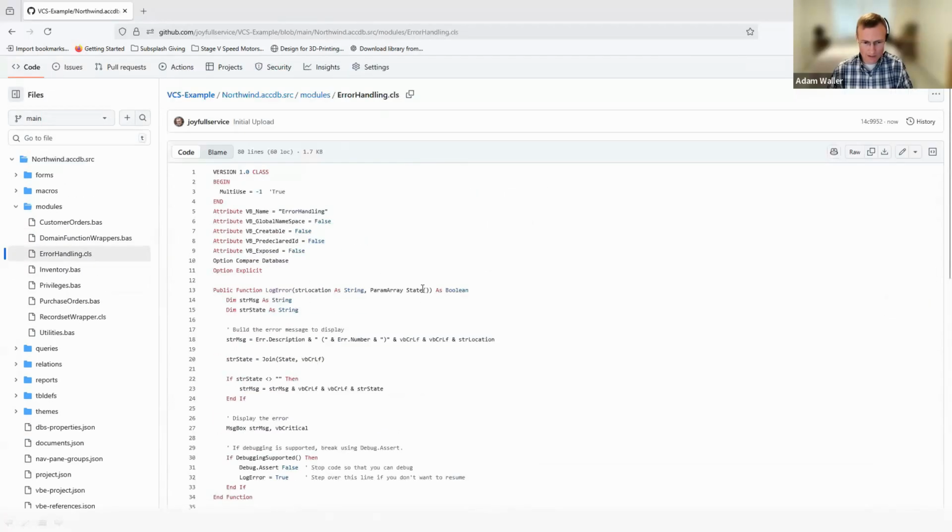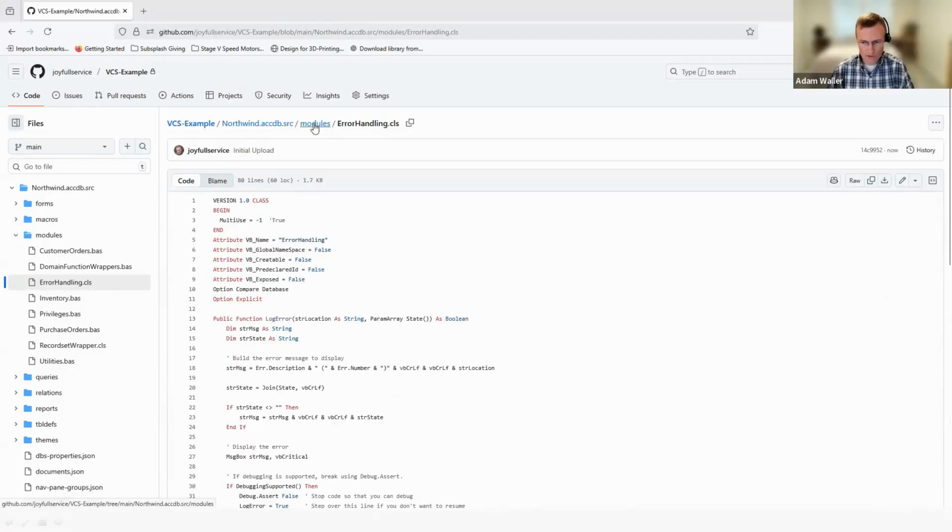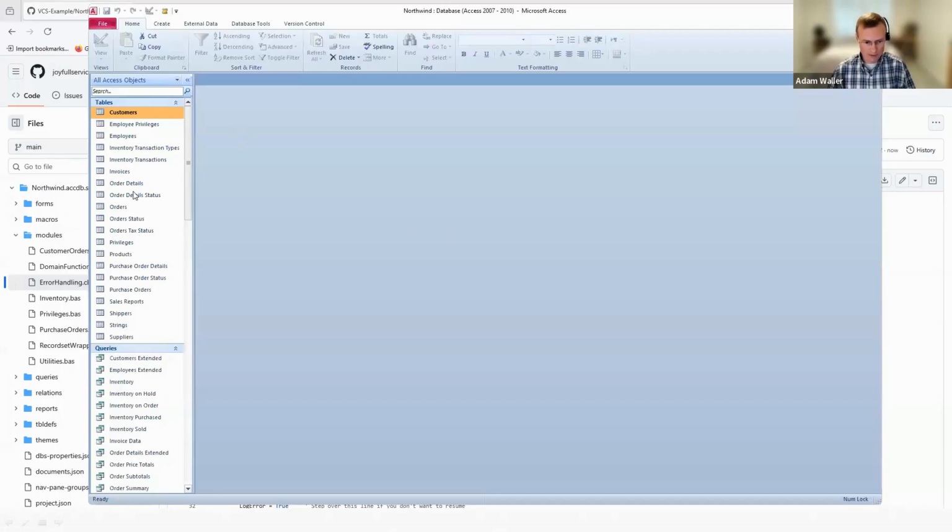I can click on it. I can look at my code. It's all right there. Super simple to get started. And now you're ready to go. You're ready to start making some changes in your database, and then to be able to